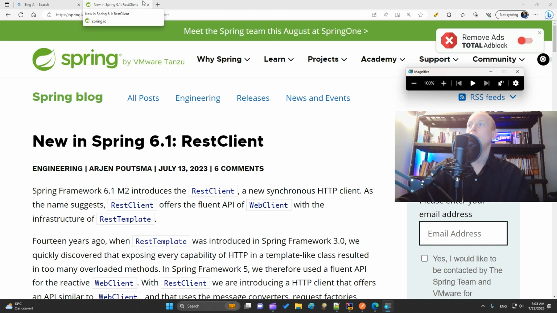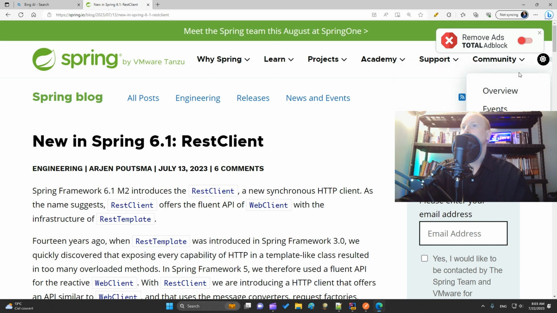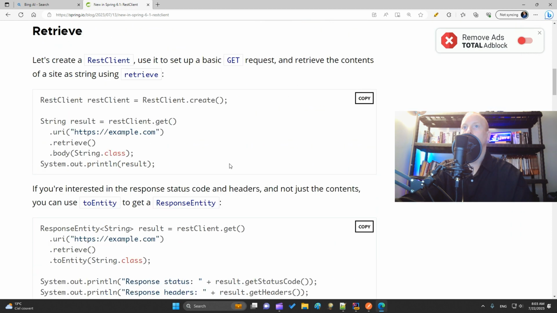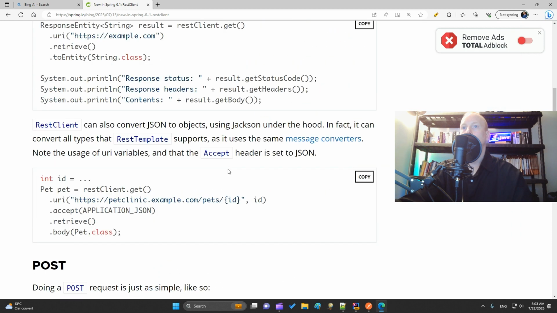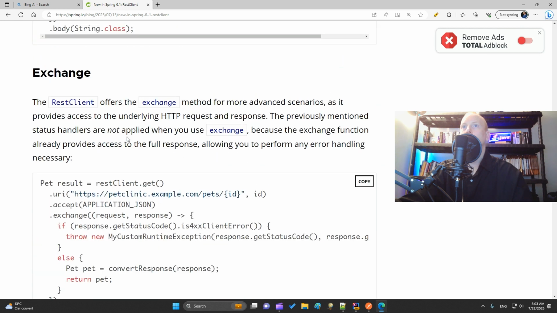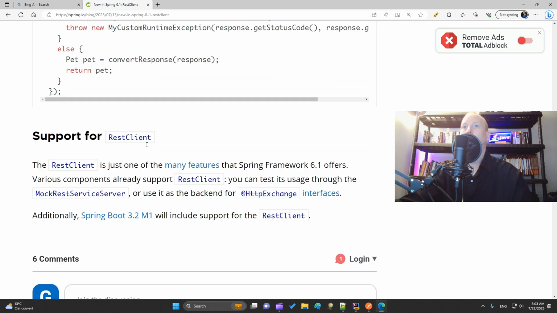So you could check this article to see what they say about this new REST client. So you can create a REST client, retrieve, post, do error handling, and use exchange for more fine-tuning stuff.